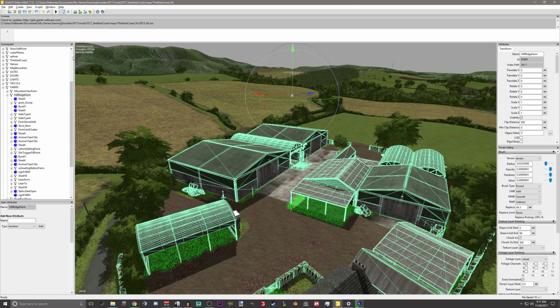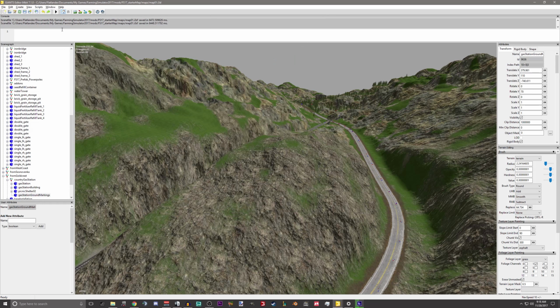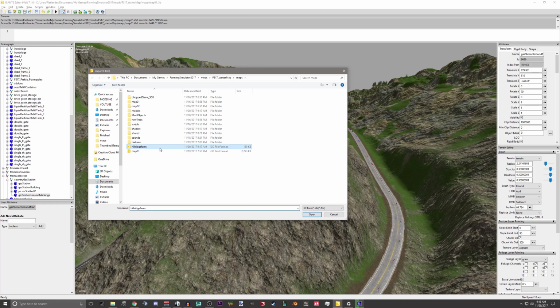Hey everybody, I wanted to discuss the importance of frequently going into your map and checking things. So what I am doing is importing this entire farm that I know is going to give me some errors that I want you to see. All right, so let's import all of Hill Ridge Farm into our map.